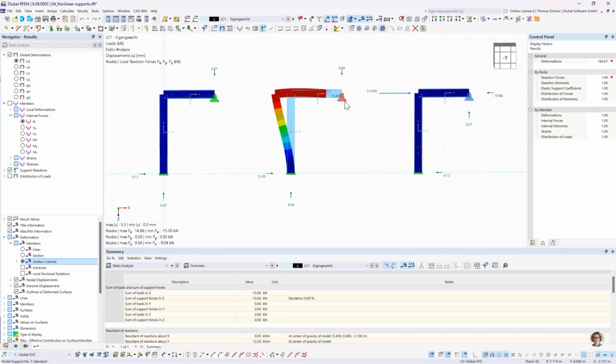Okay, and maybe just for the last thing, I also changed the direction of the force, and if we change the direction, then the support is active again. You can see it here. We have forces again, and it's active again. Okay,